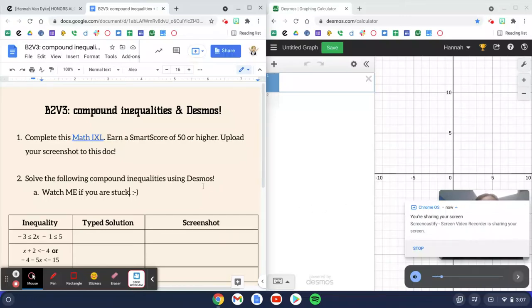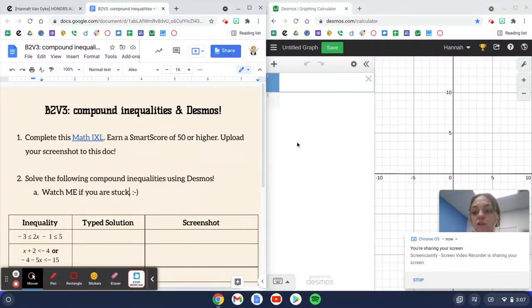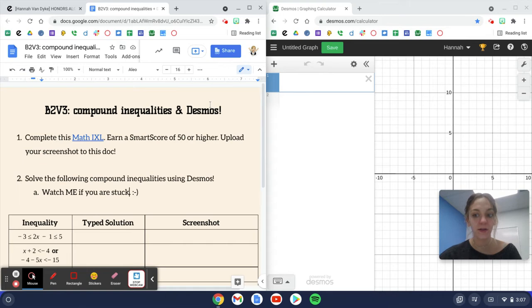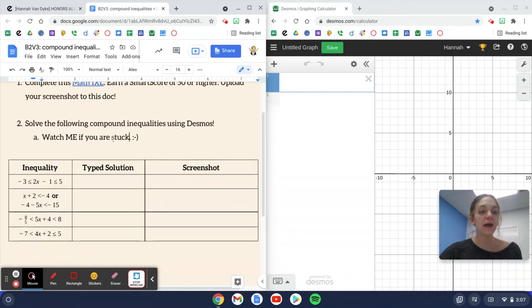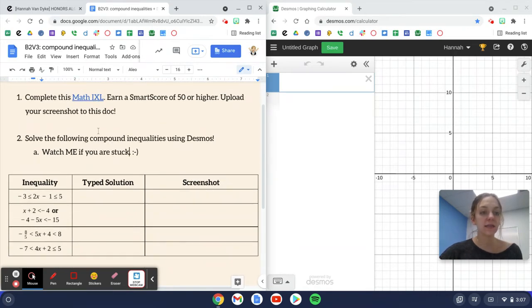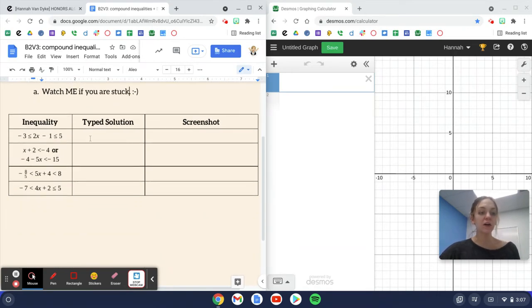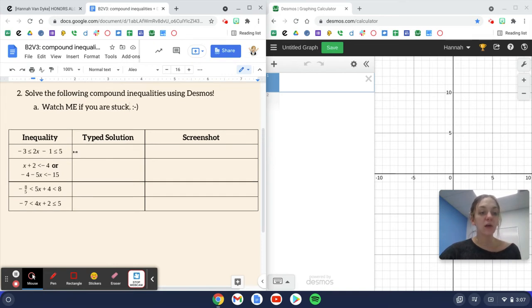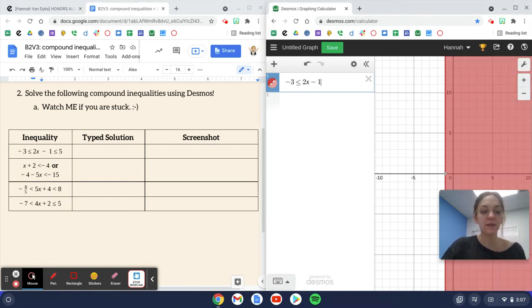Okay, so you should have your document pulled up, and you should also have the Desmos graphing calculator pulled up. If you don't have Desmos up right now, go ahead and get it ready. You're first going to complete this Math IXL, and then once you get down here, we have our inequality. We're going to make a typed solution, and then we're going to take a screenshot of what we see in Desmos. Now, if you notice, if I type in this inequality